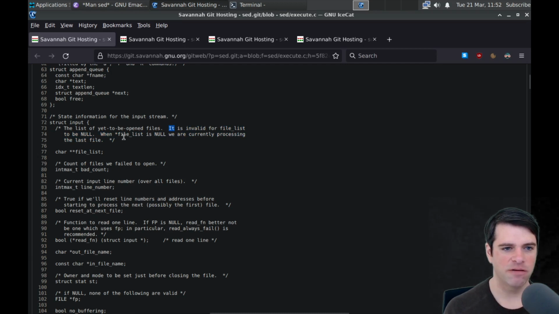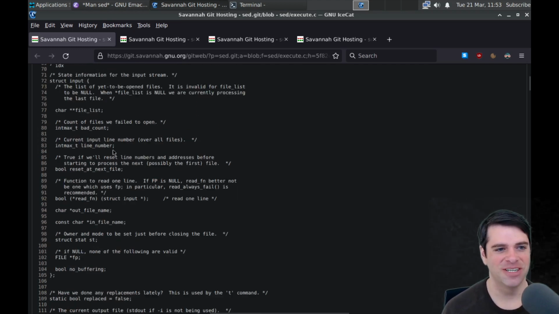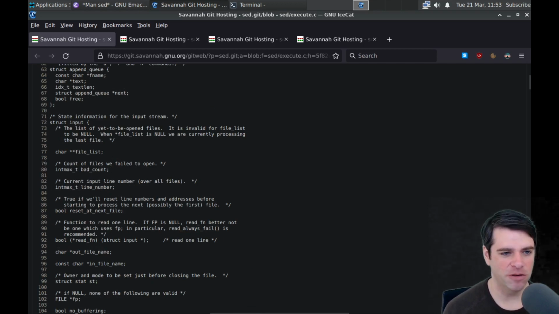I'm guessing I'm supposed to be reading this star as significant. So file list with no stars can't be null, but file list with one star can be null. And that means we're at the last file, and file list is actually a char star star. So I'm guessing, I don't know if star file list means star star file list or what, but some fiddly stuff. You have to pay attention when you're programming, whether you're dealing with a pointer or a pointer to a pointer